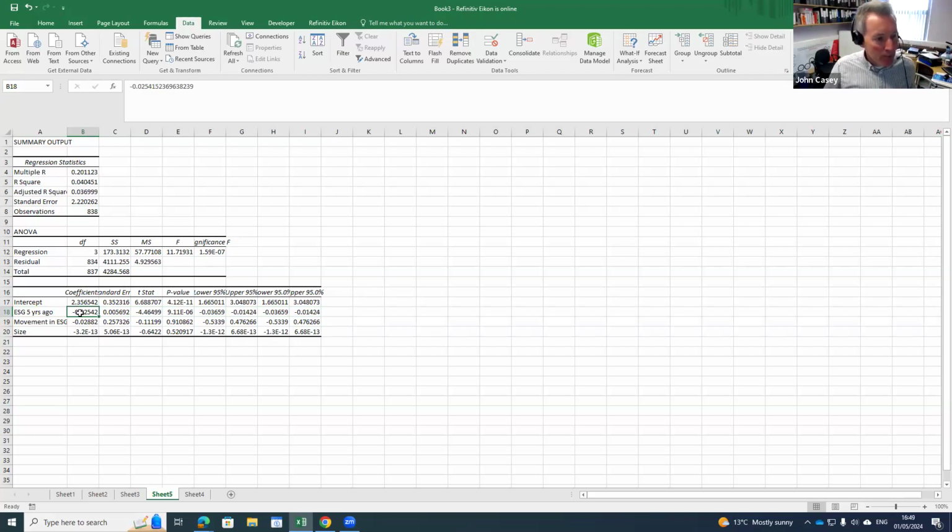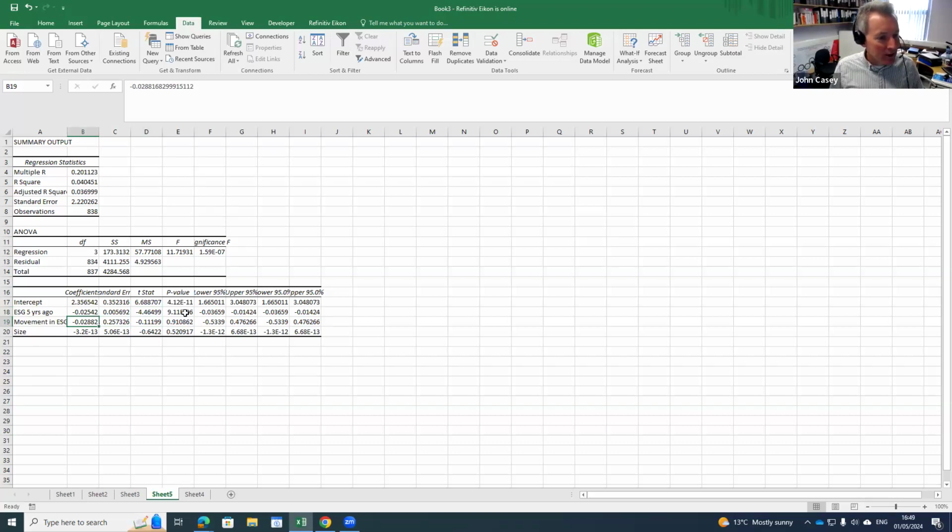So as the ESG rating 5 years ago goes up, the share price increase is not as big. And I can see that that's actually a significant relationship because the t-stat for that is above 2, or the p-value is lower than 0.05. I don't want to do a stats class, but